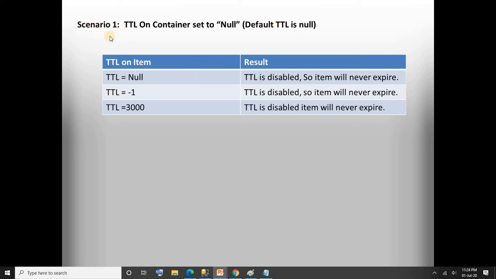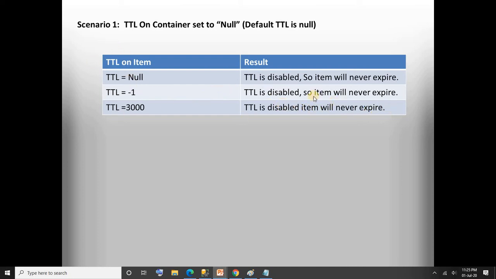Even though the container level is null, if you set the item level to -1, it is still disabled and items never expire. Next, even if you set the item level to 3000 seconds, meaning you are telling it the expiry time for this item is 3000 seconds, still, as it is disabled at parent level, it is disabled at item level as well, and that item will never expire.